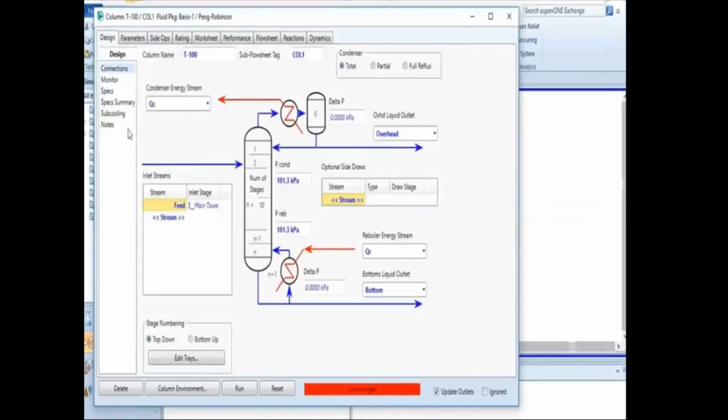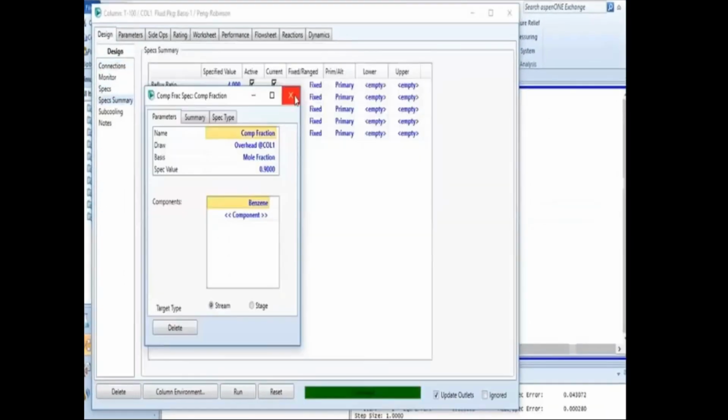Okay, after that, just check all the required data after clicking over the specific summary. Check whether all the data which is required is provided or not. Okay, after checking all these values, you have to do the last step. You have to run this simulation environment, the software, whatever we have simulated for the distillation column. You have to run that.